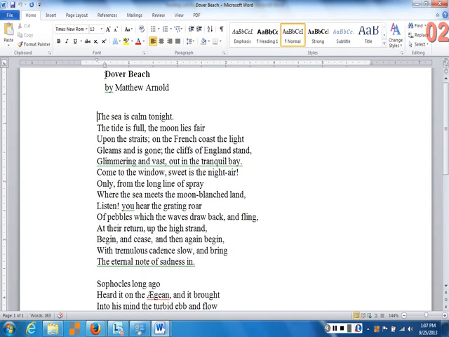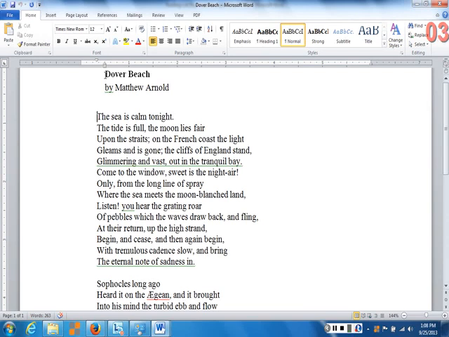If you don't have a copy of it in front of you, get a copy from your textbook, or get a copy from where it might be posted on Blackboard. Have that copy in front of you so that you can make notes on it. Here we go. Dover Beach by Matthew Arnold. And by the way, if you see a picture accompanying this lecture, that is a picture of the actual Dover Beach. Dover Beach is a real place on the southeast coast of England.